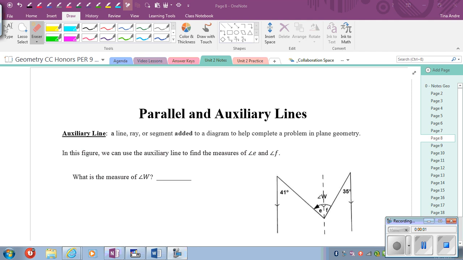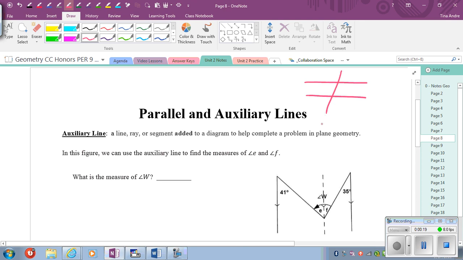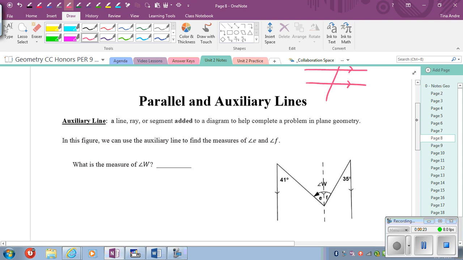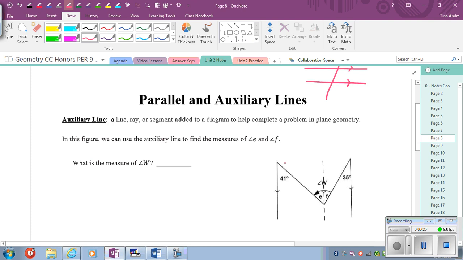In this lesson, we're going to continue learning about parallel lines and transversals and the angles that are formed. But the first thing we have to look at is if we have a situation where we don't have two parallel lines being cut by a transversal, so something that looks like this. Normally we look at having two parallel lines and a transversal, and we can look at the angles that are formed. But in this diagram below, we don't have that situation